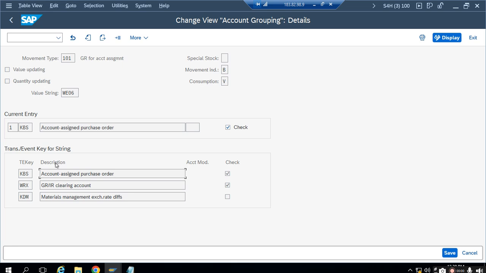It means when we perform goods receipt for consumption procurement purpose, the system posts that material value to this consumption GL account through this transaction key, and the transaction key is KBS. But for this KBS, if we go to OBYC,